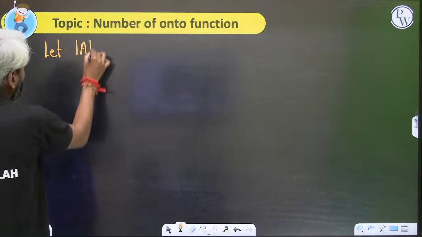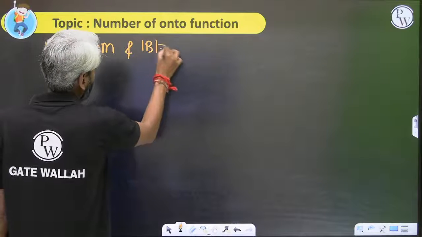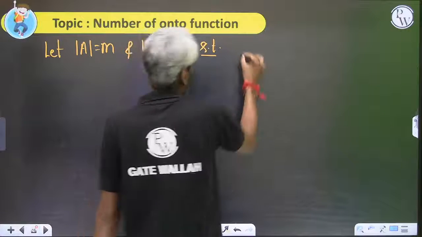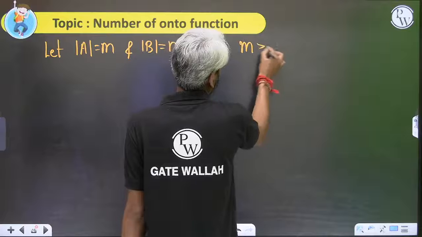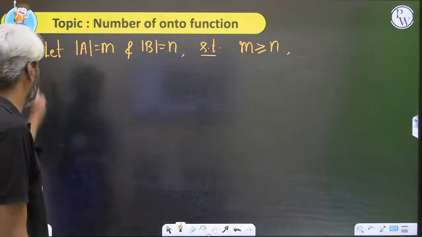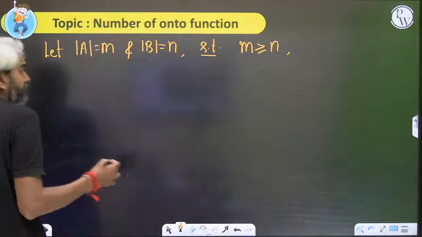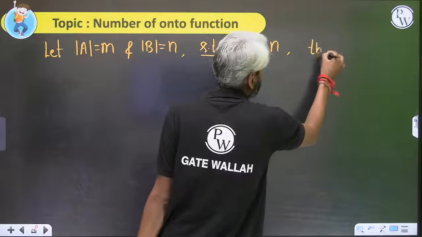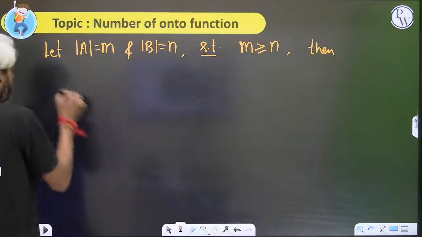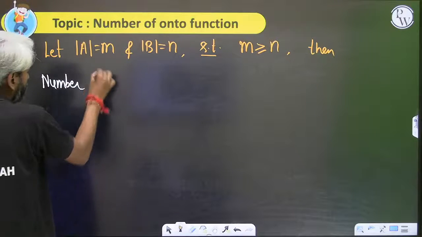let mod A equal M and mod B equal N, such that M is greater than or equal to N. Otherwise, onto function is not possible. Then the generalized formula is very difficult. Then the number of onto functions possible